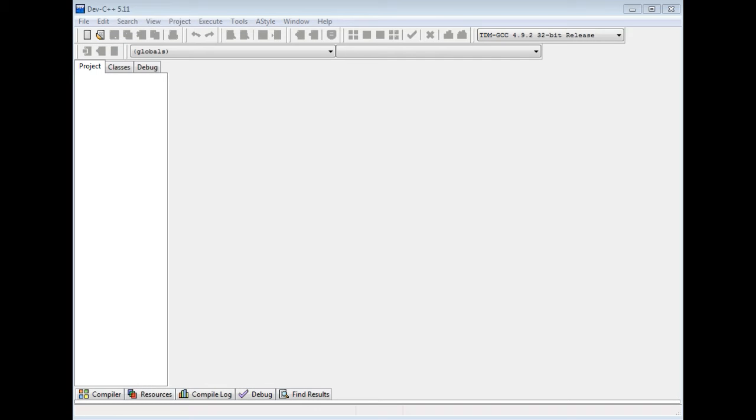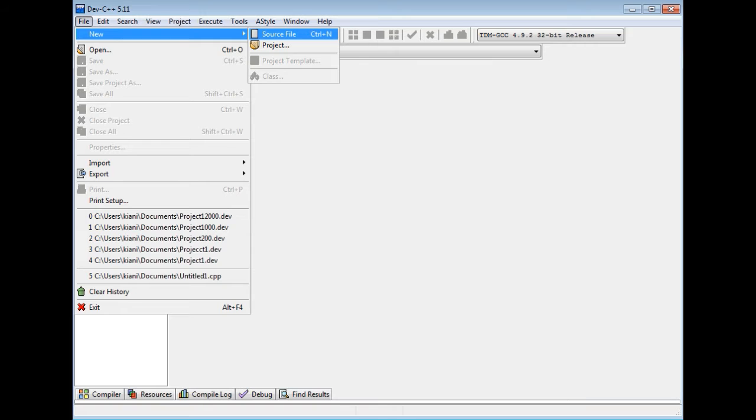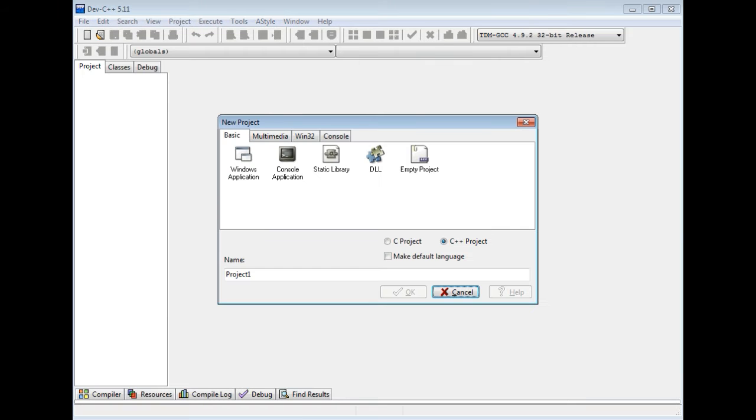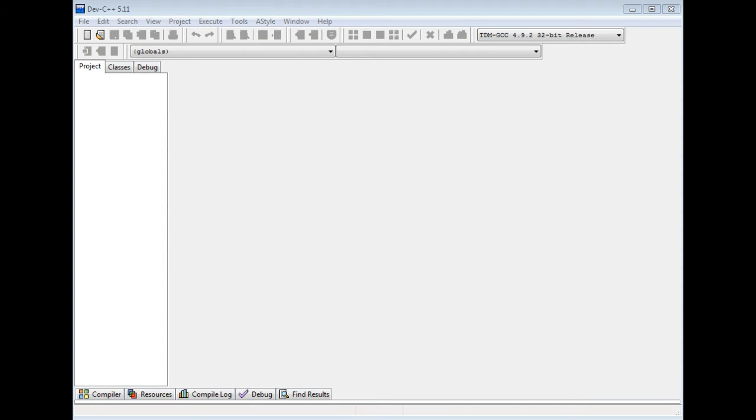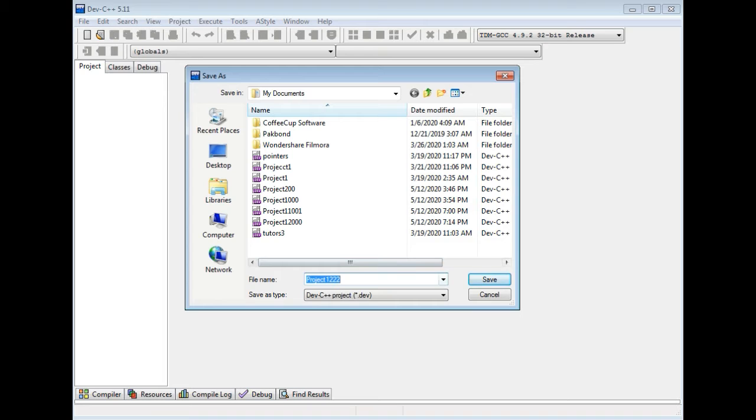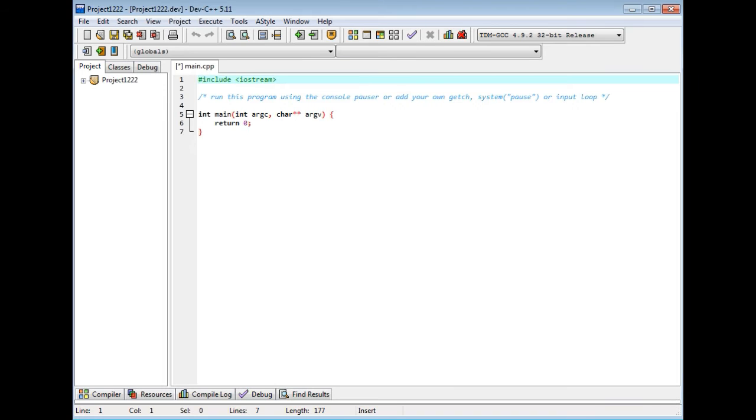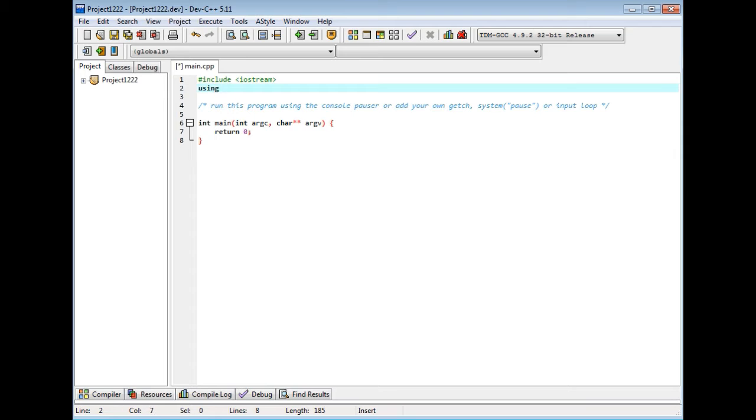Okay, in this class we will see how object oriented programming works in C++. So let's start. Project, and project is, for example, 222. Okay, and this is a console application. This is Dev C++. Now we should use using namespace